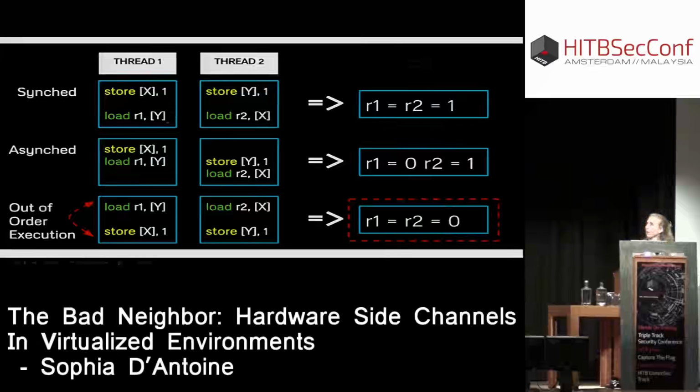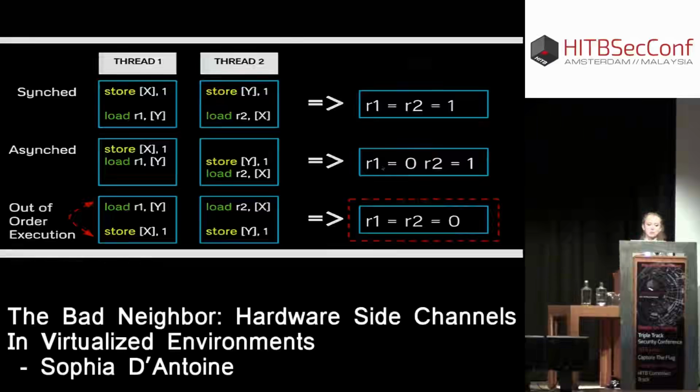in their example. So if you run this multiple times, you realize that synced happens occasionally. This is when your 2 threads are running perfectly in time with each other. The stores happen as expected before the loads, and you get R1 and R2 equal 1. In the asynced example, and this is the majority of cases that you see even if you're running threads in Java or different programs, the stores and loads happen at different times, but they don't really get reordered. So you just have one thread moving faster than the other, and you get R1 equals 0 or R2 equals